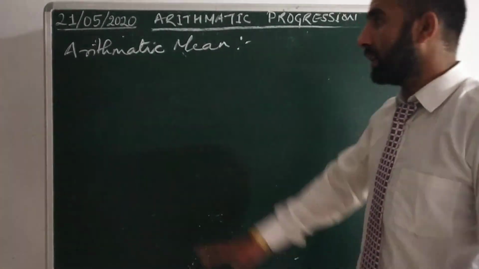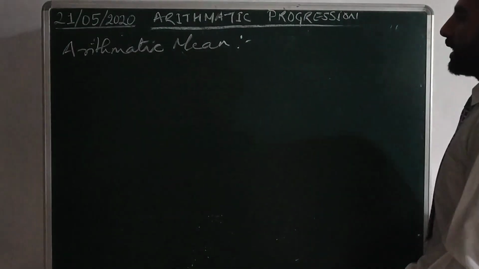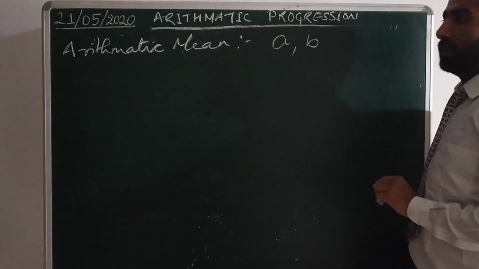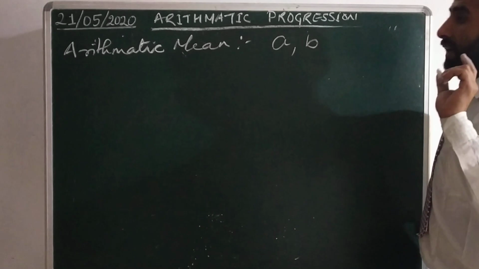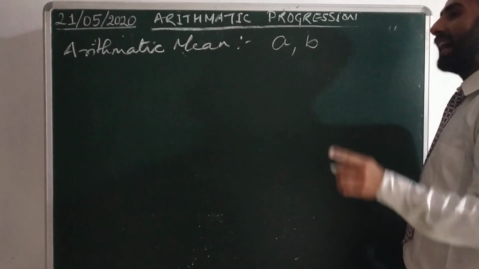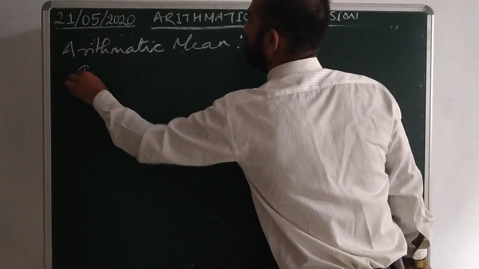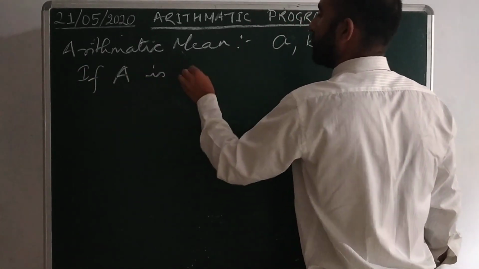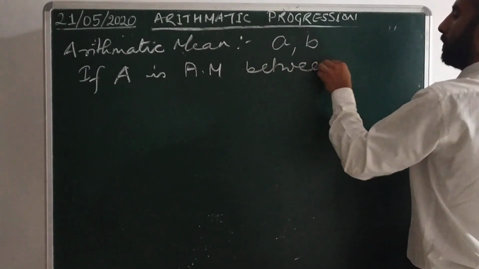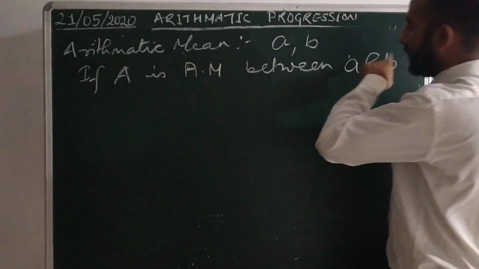The topic today I'll discuss is arithmetic mean. See, if two numbers are given in AP, for example, you are given a and b, these two numbers are given in AP, then the arithmetic mean is a number which is in between these two numbers and that also follows AP. For example, if A is the arithmetic mean between a and b,